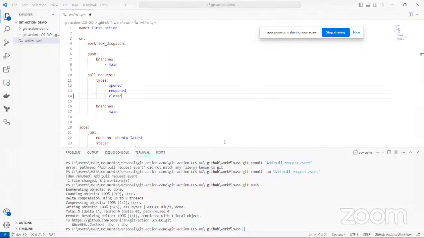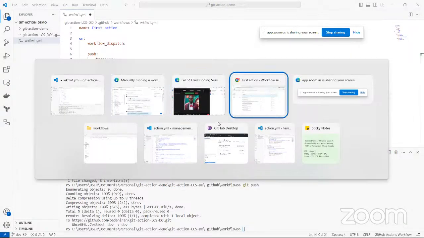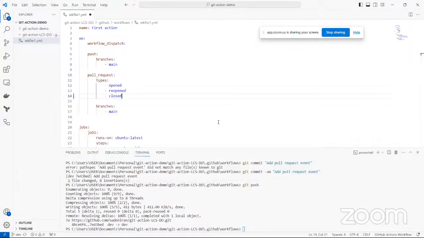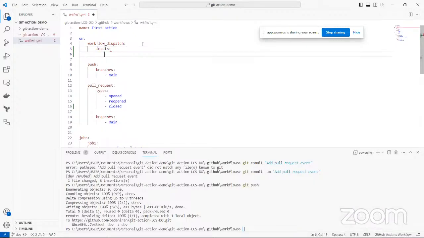So the last thing that we're going to be doing for today before we meet next week is we are going to be introducing something called inputs, and we are going to be doing this on the workflow dispatch part. Under the workflow dispatch, you can have something called inputs. If you have inputs, you need to define what each input is. So the first input we are going to be having,